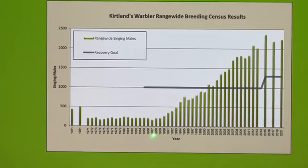But from the Kirtland warbler perspective, there was a lag here, but then the numbers started to go up. So that fire may have kicked off that increase in the population. But by then also, habitat management was much better, the cowbird control was more effective, and these techniques together resulted in this increase so that by 2014 we were up to over 2,000 singing males, and subsequent counts have been in that neighborhood. There's expected to be a drop in numbers in the near term as a result of management not keeping up, but we think we'll still be able to keep up with 1,300 pairs, which is the current